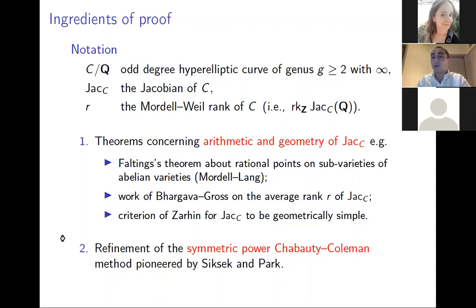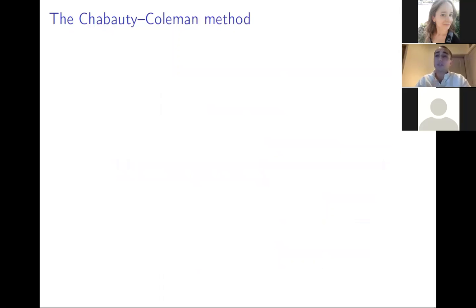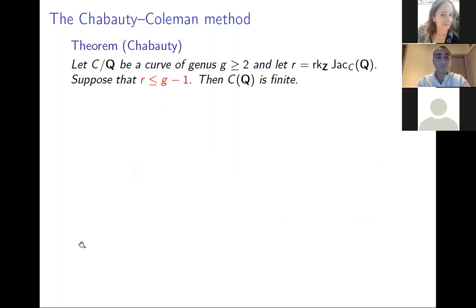And so what I'm going to talk about now is the method of Chabauty and Coleman, which gives a way to provably determine rational points on certain types of curves. So 40 years before Faltings' theorem, Chabauty proved that if we have a higher genus curve and the rank is less than or equal to the genus minus 1, then the rational points on the curve are finite. Now, of course, not every curve has rank less than or equal to g minus 1, but